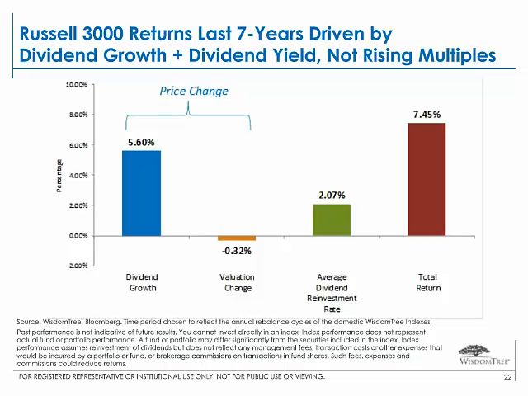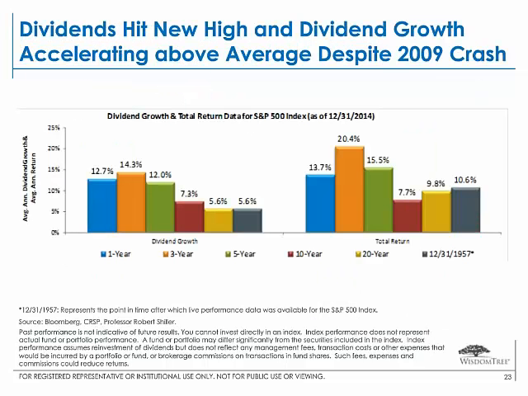What we see here for the Russell 3000 is that on a price to dividend ratio basis, the market has actually gotten less expensive by basically 0.3% per year over the last 7 years. It's really a perfect transition to the next slide, which emphasizes the total return of the S&P 500, and you see the orange. The orange really stands out, 20.4% per year for the 3 years ended December 31st, 2014. So that's a remarkable 3-year return.